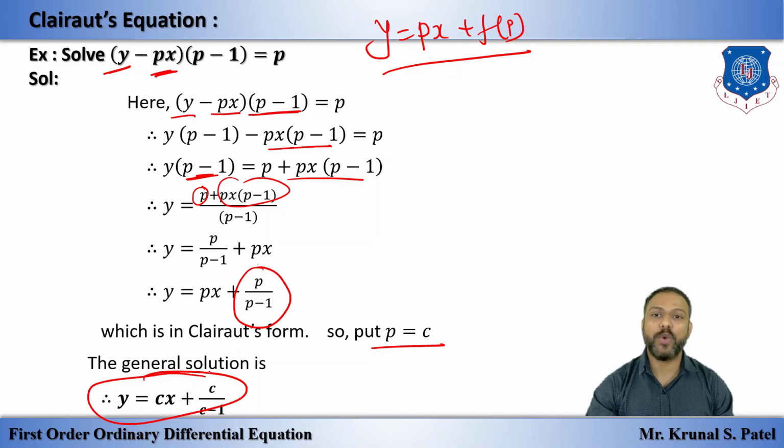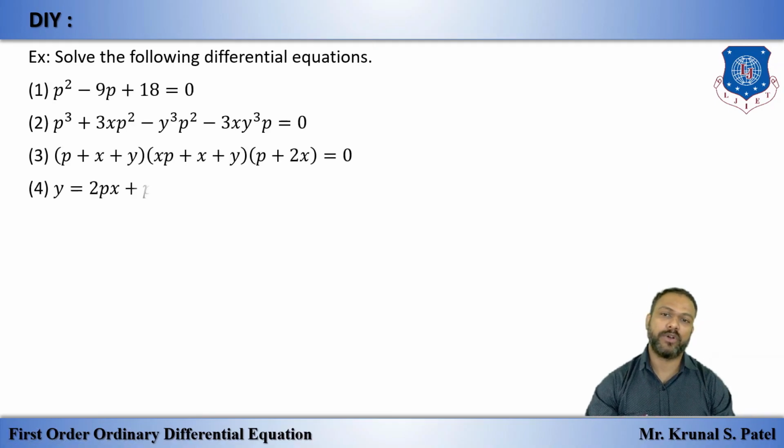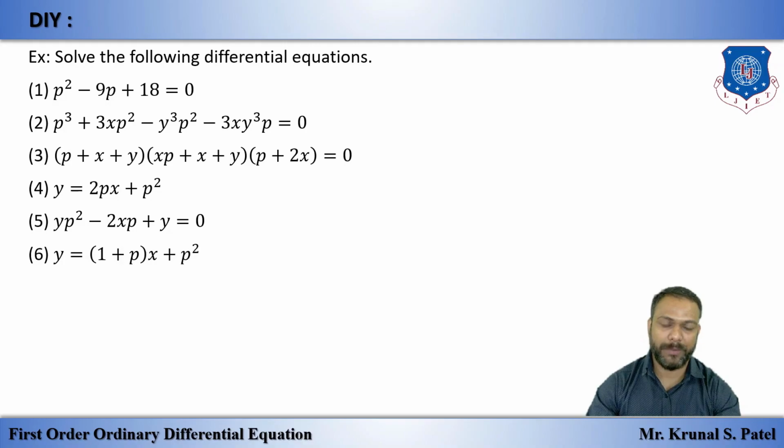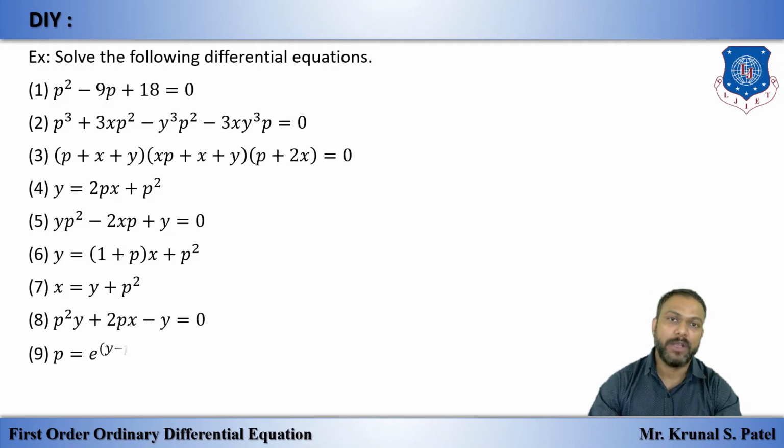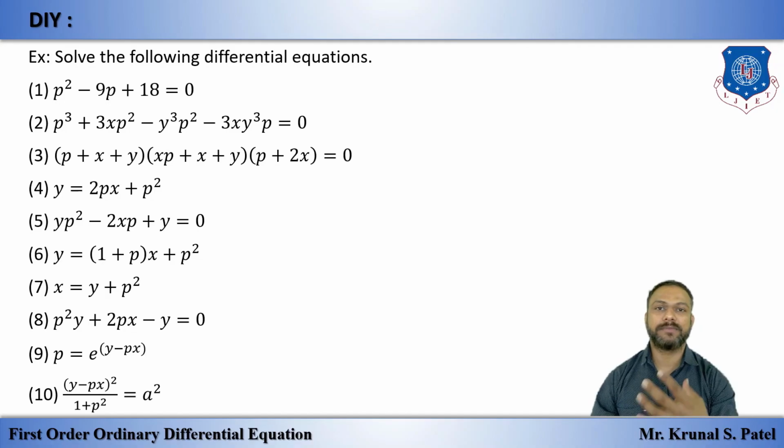Okay, so it is easy to solve Clairaut form if you can reduce the given equation to this form. Similarly, we have these DIY examples that you have to solve by these four methods, that means equation solvable for p, equation solvable for x, equation solvable for y, or Clairaut form. And Clairaut form is nothing but a part of equation solvable for y. These are the basic DIYs. Let's try to solve them. If you have any query, then contact me, or we will solve this in the Zoom live lecture.